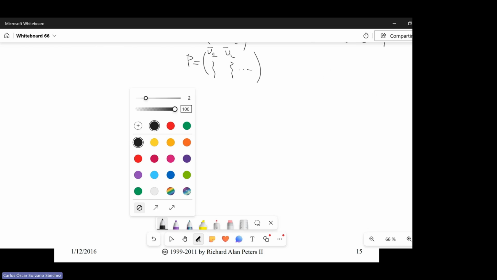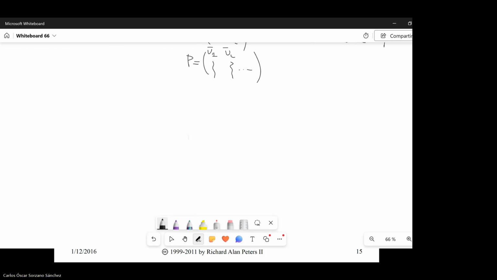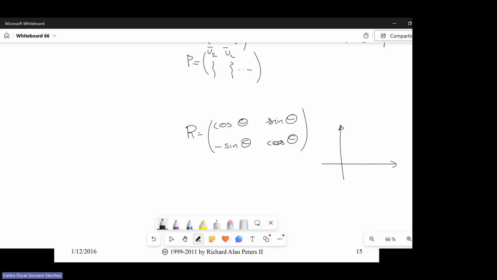A rotation matrix can be written in this form: cosine of an angle, sine of that angle, minus sine of that angle, cosine. When we have any vector here, and you multiply by R, what you are doing is you're turning this